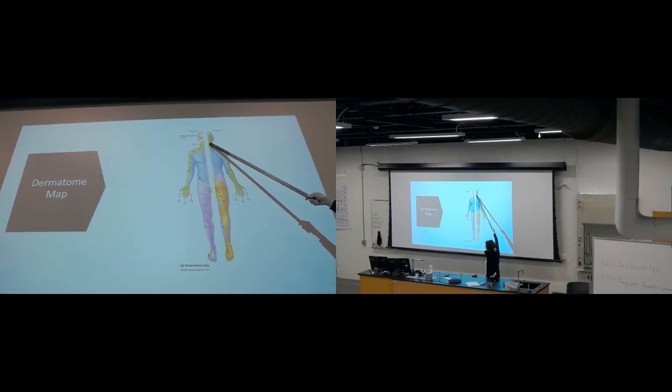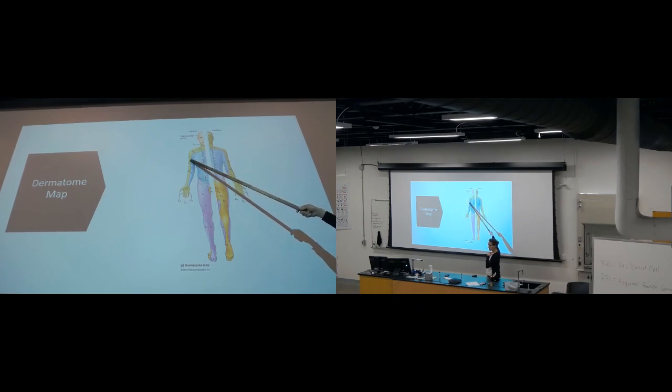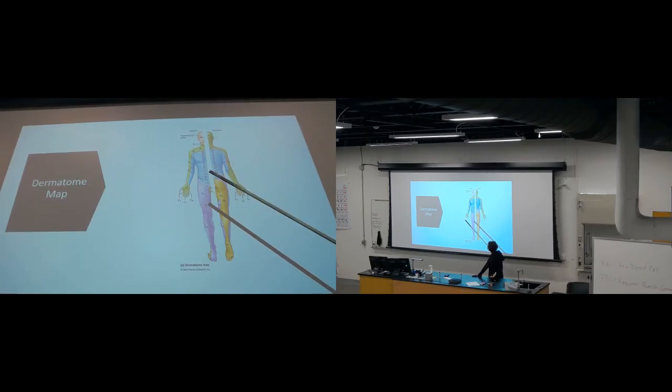Now this entire part of the neck is monitored by C3, and this part. So basically it goes like this, C3. C4, here. And then we have all of these segments, like for instance, L2 is here, S1 here, here, L3,